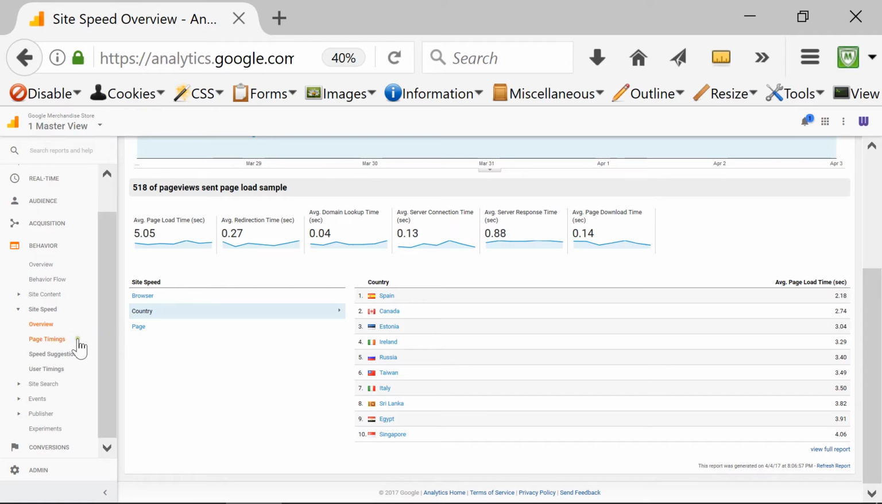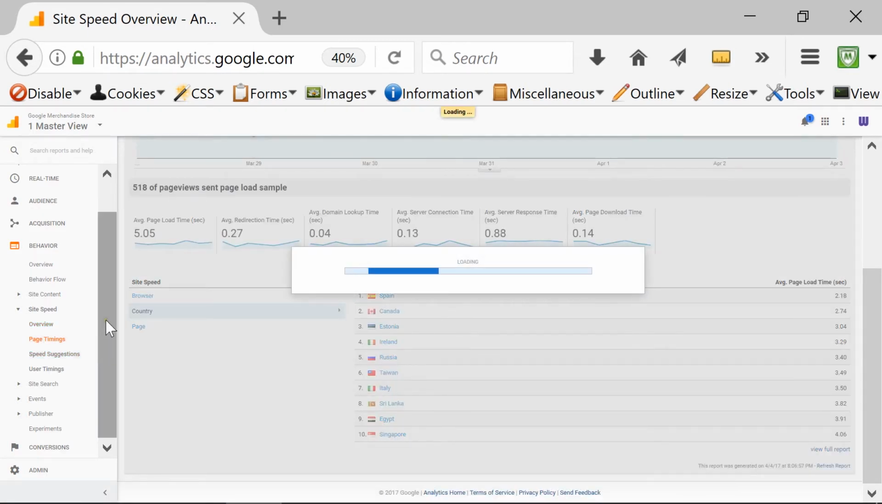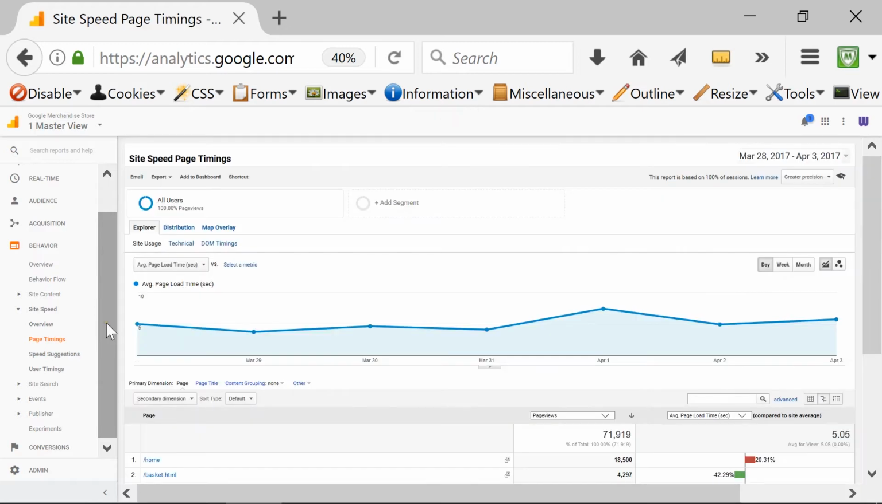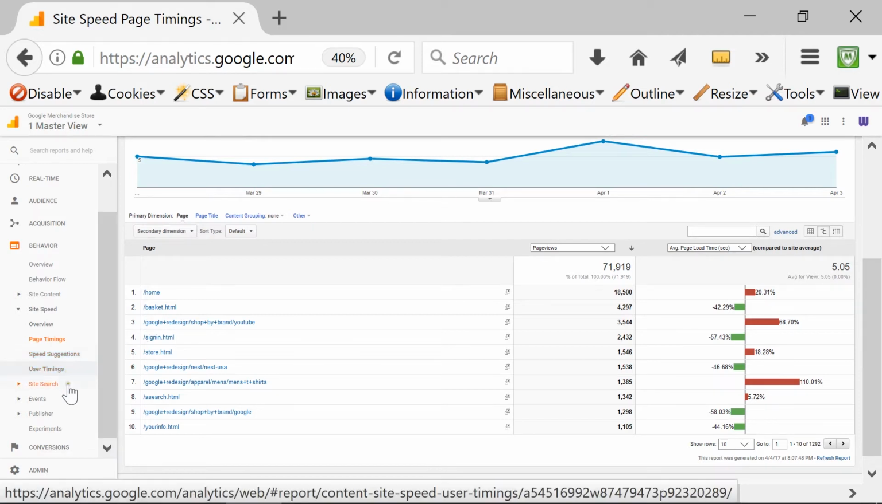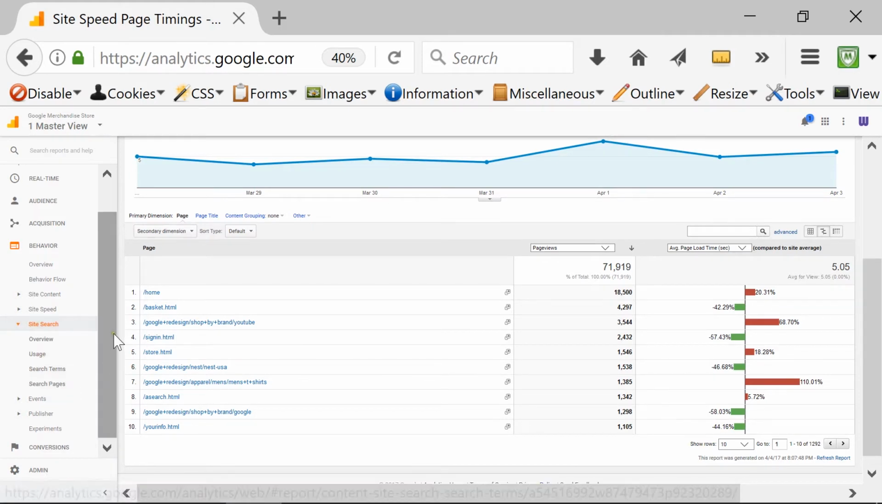So moving on, page timings. Again, this is slightly more advanced, I would say, and I wouldn't really get into this particular section. I might just skip this one and go directly into site search. And site search is very